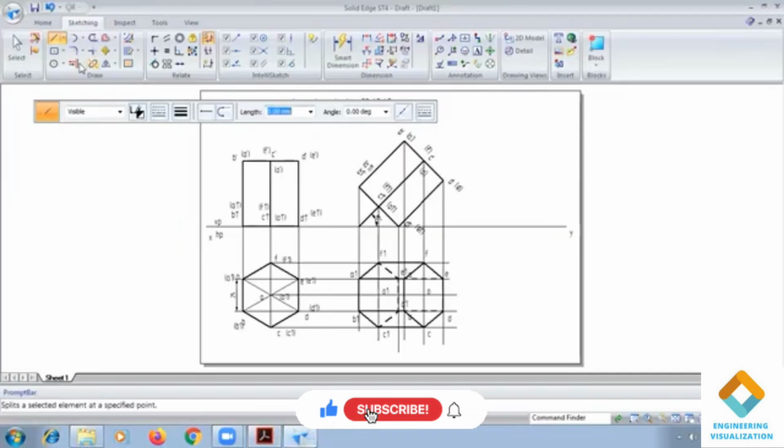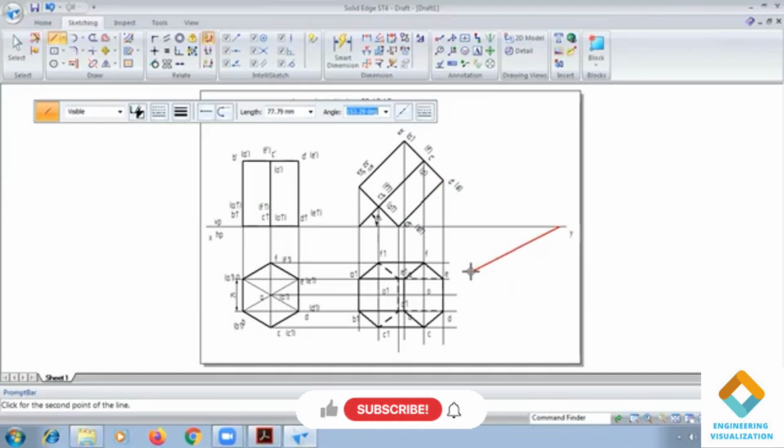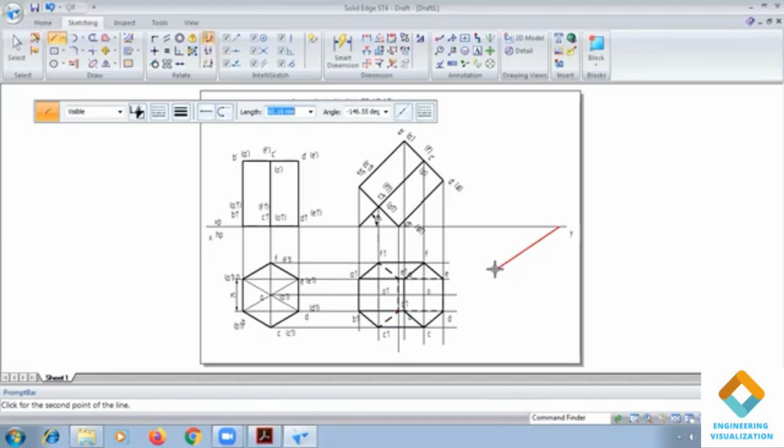Now the 40-degree angle line. So the angle we have to give, that is the 120-degree angle. Minus